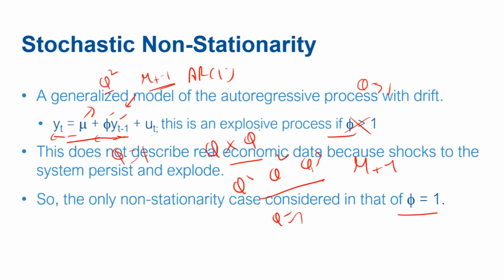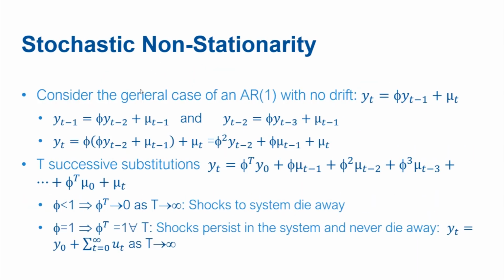Let's see more mathematically how it works. Let us recall our generic case of this AR(1) process. For the time being, we'll assume the drift to be 0. As we said, we can assume the drift to be 0 for ease of modeling. Now, if we look at the term Yt minus 1, in a similar vein we'll subtract 1 from the subscripts to get this kind of expression, that is Yt minus 1 in terms of Yt minus 2, and Yt minus 2 in terms of Yt minus 3.